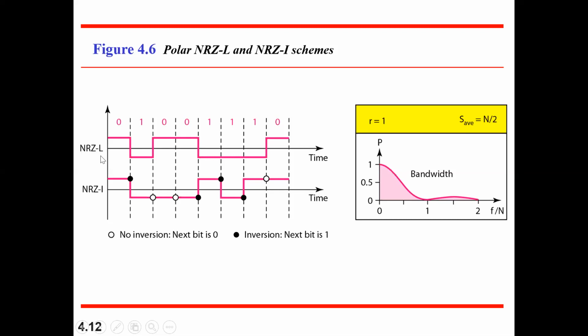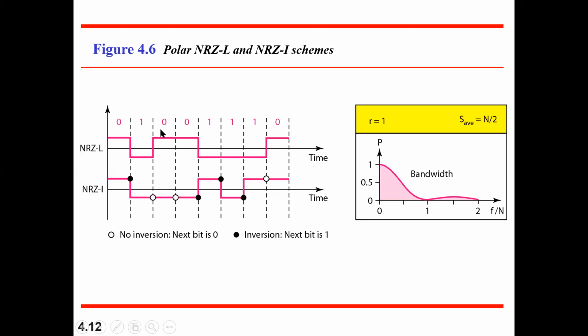With non-return to 0 inverted, whenever a bit value is at the 0 level, it starts with the highest amplitude itself. There is no change in it. After this, the next bit is 1. It is a change. The data has changed from 0 to 1. 0 is different, 1 is different. So for 1, it will go to the lowest amplitude.